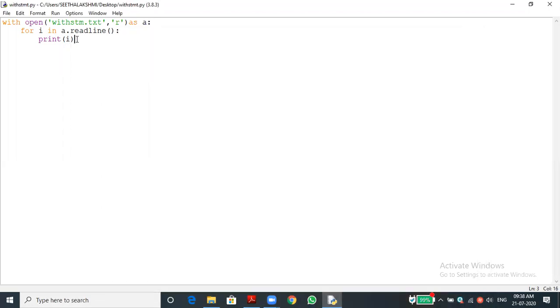Now instead, we can use this also. We can store it into a variable, s1 or s equal to the data. Or else if you use readlines, your entire data will be stored in it. Or else we can use it directly, for example, s equal to readlines. If you print s, you will get all these things in a single line.